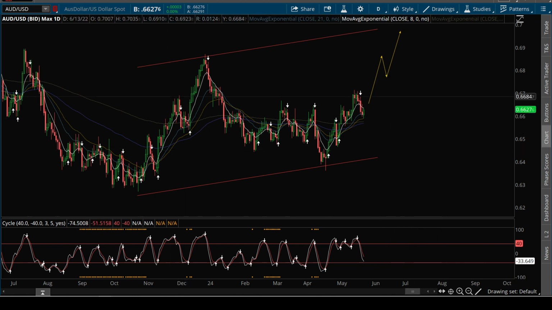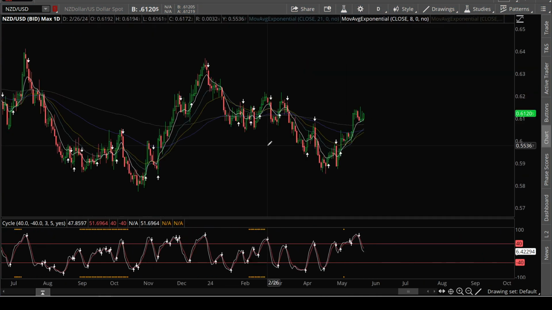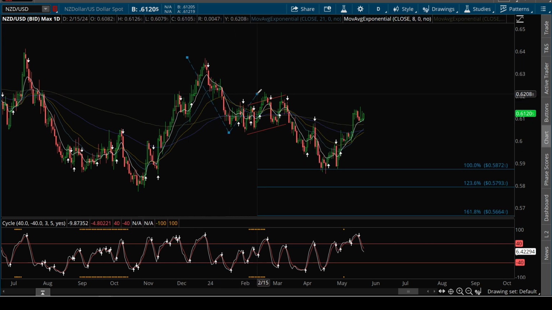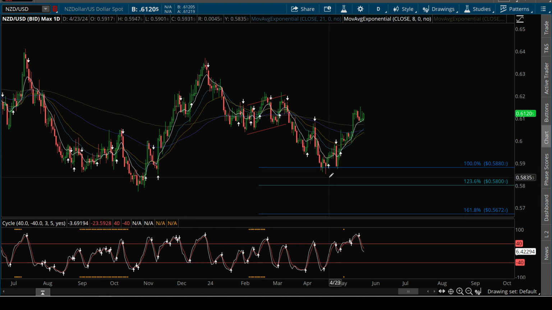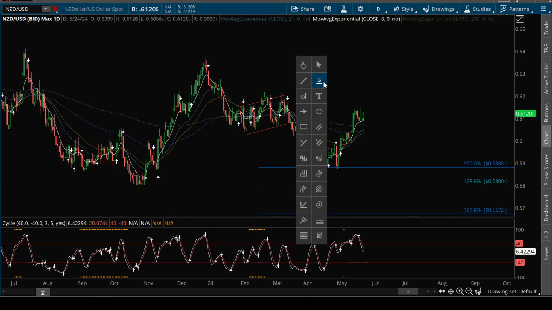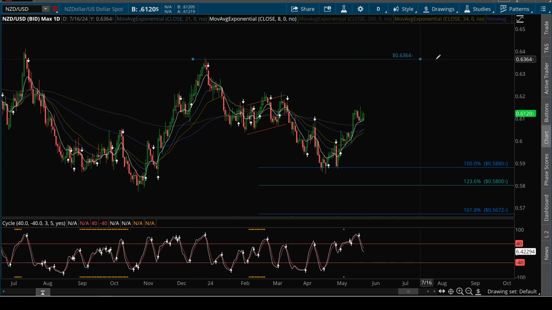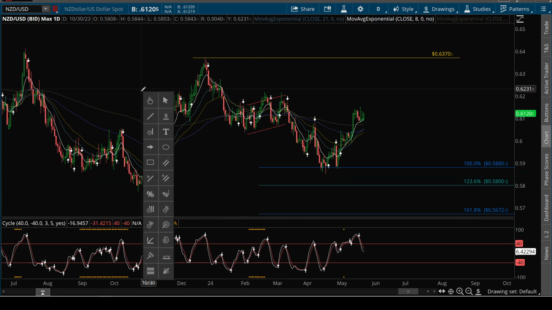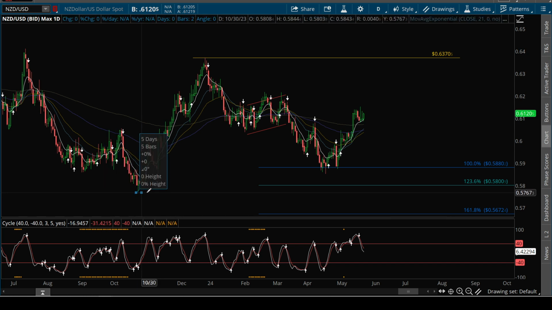That is Aussie dollar. New Zealand dollar, I would rather buy New Zealand dollar because New Zealand dollar had a zigzag right here, right? Perfect zigzag down to the 100, right? We come down to the 100, tags the 100, and you're on your way up. So New Zealand has more of a high probable bullish setup to come take out these highs, because you have a complete A, B, C zigzag, and you're looking for